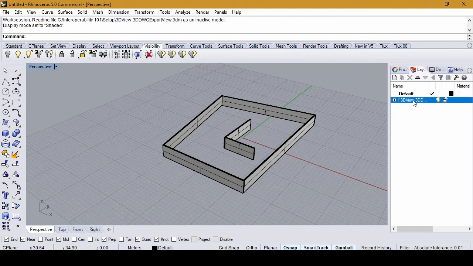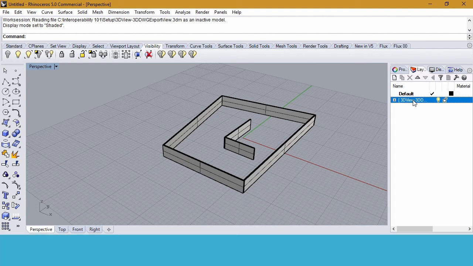In the next section, we're going to look at how we model things in Rhino and bring them into Revit. We're also going to look at how to specify layers in a more specified way so that you can use Revit geometry in Rhino for rendering, for instance. Okay, thank you.